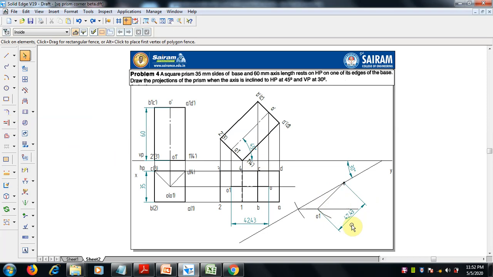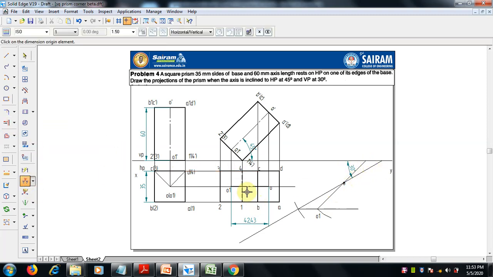So we can remove this dimension as of now, only the dimension, but extend this up to this. We have to find the angle, select this reference and the extended one. So this is the angle.